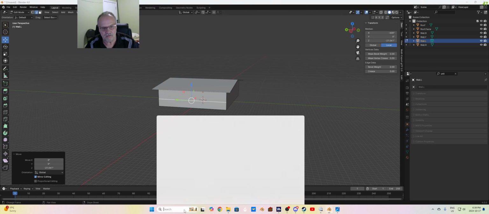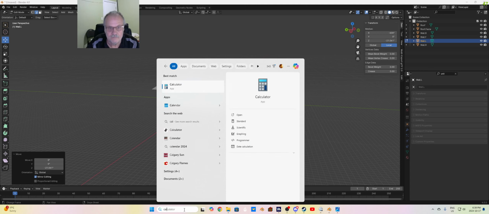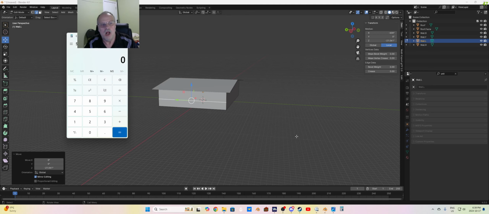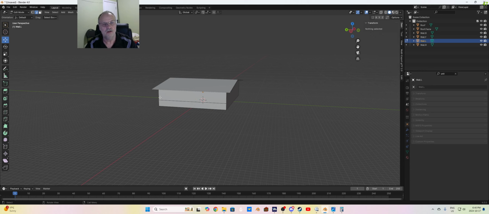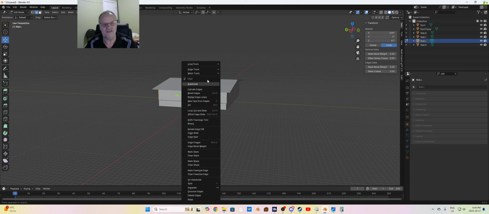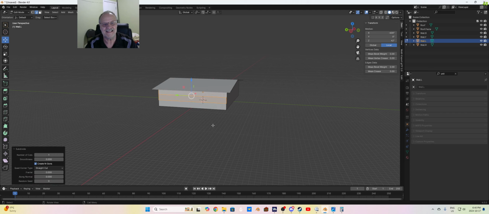So if we pull out our calculator, and we know it was sitting at 120, and we minus 84 out of that, that means I have to go down 36, or I have to bring this to a negative 36. Okay? So now, when I subdivide this again,